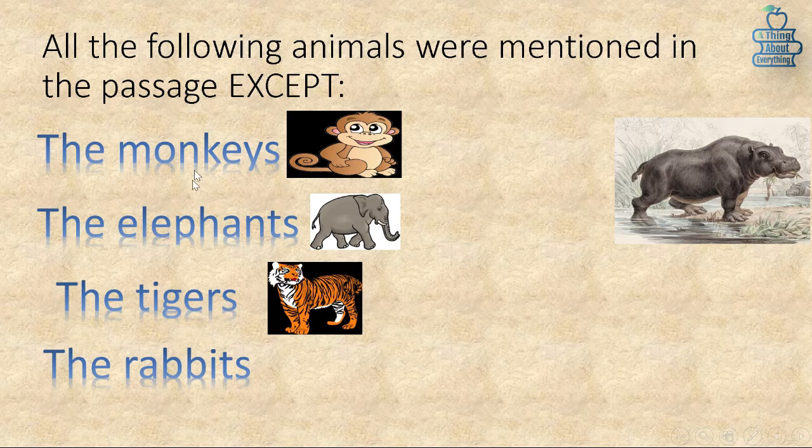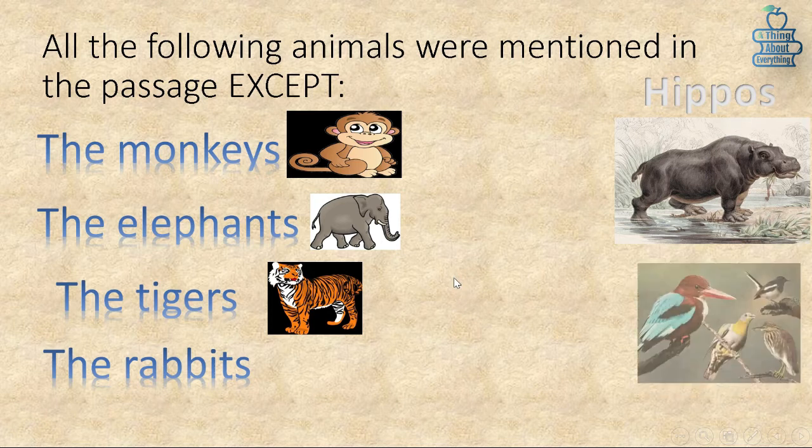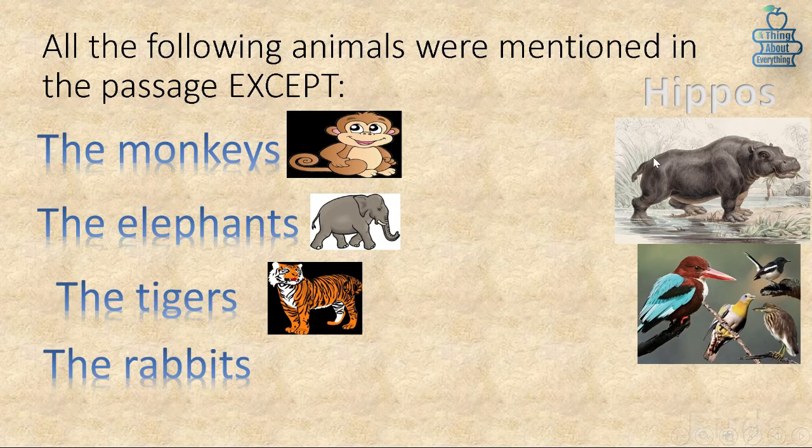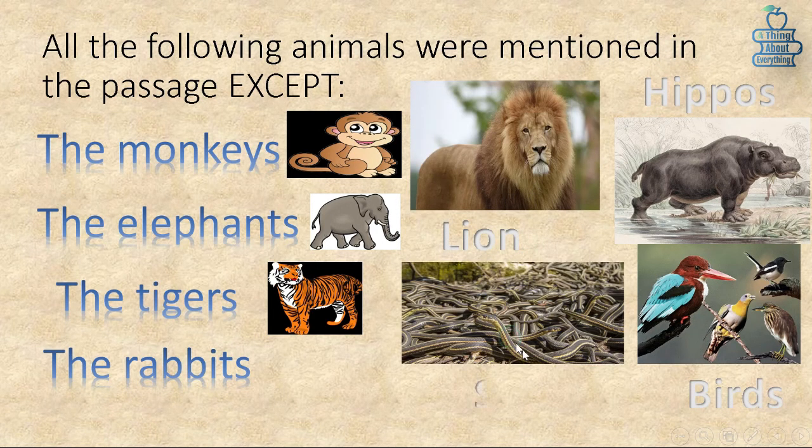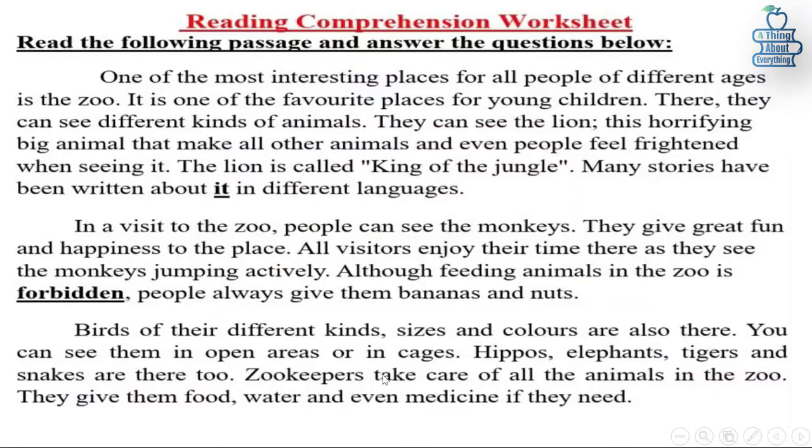Okay, you search for them. If you don't find one of them, that is the answer. So when you are asked about details about the story, you have to search for the keywords. You have to scan the text for keywords. They mentioned the hippos, the birds, lions, and they mentioned the snakes, and the tigers, elephant, and monkeys. They didn't say anything about rabbits. So rabbits is the right answer. Anyway,